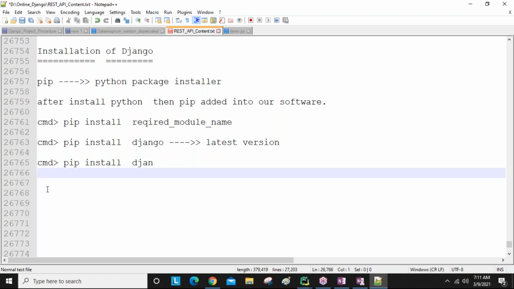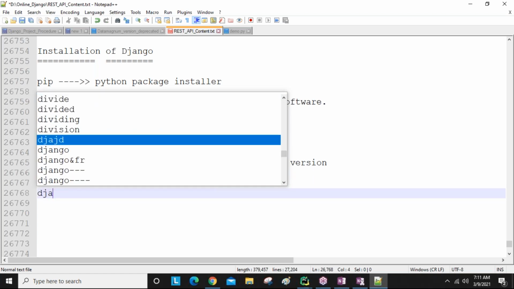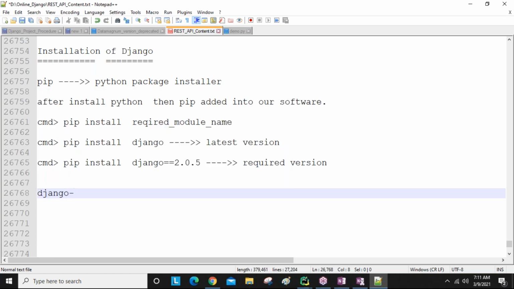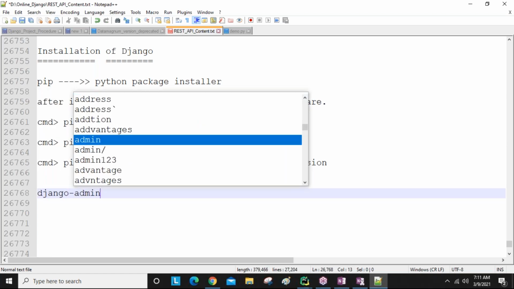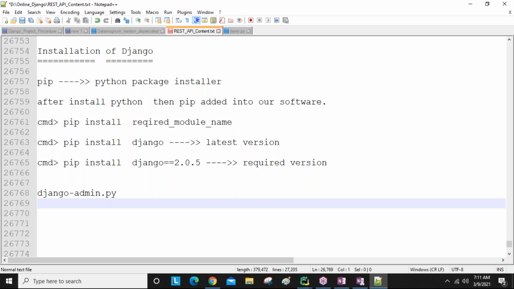After installing Django, one file is coming. What is the file name? The Django file name is django-admin.py. This file comes into our local system, and using this file we are going to create a Django project.